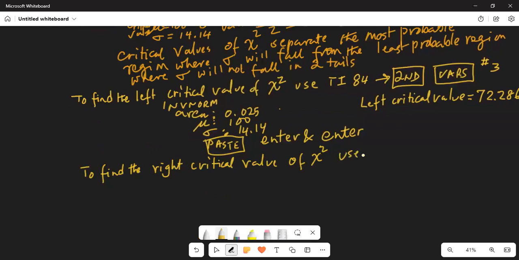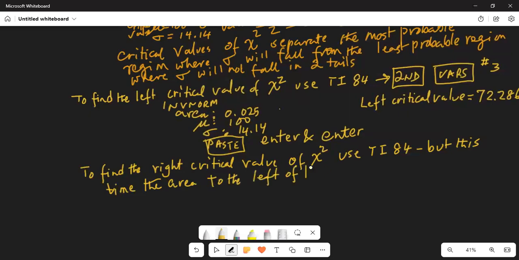Use TI-84, but this time the area to the left of the critical value is 0.95 in the center plus 0.025 in the left tail. So the total area is now